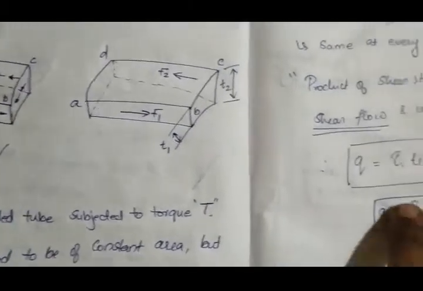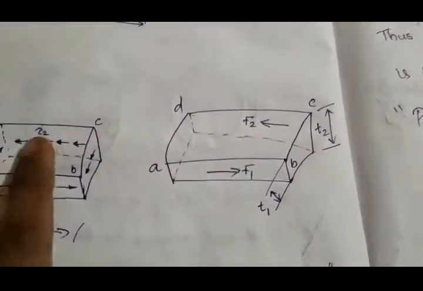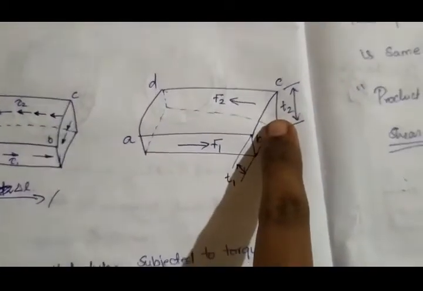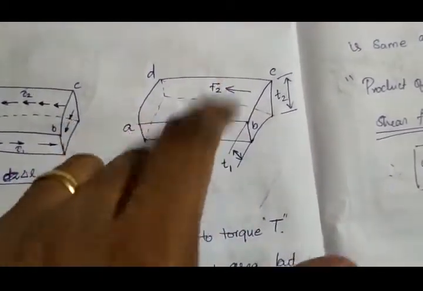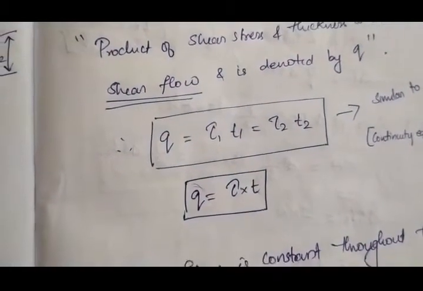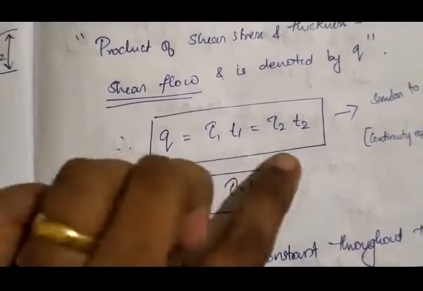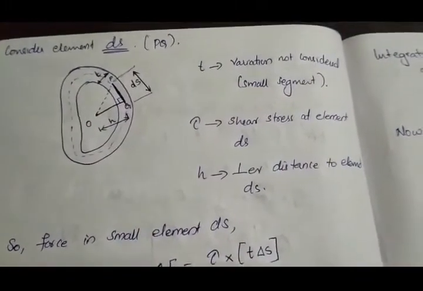That is what this is telling, tau 1 T1. Here the shear stress as well as thickness is varying, but when you compare both by multiplying, that will be a constant, and that constant value will be called shear flow. Now next we'll consider